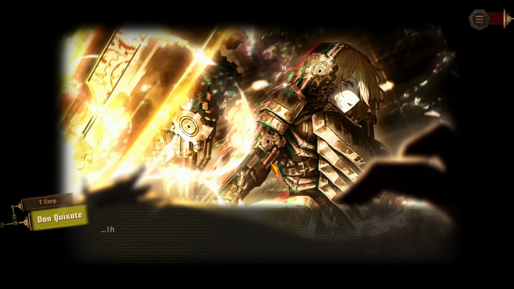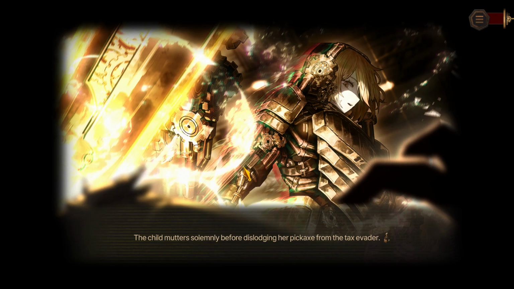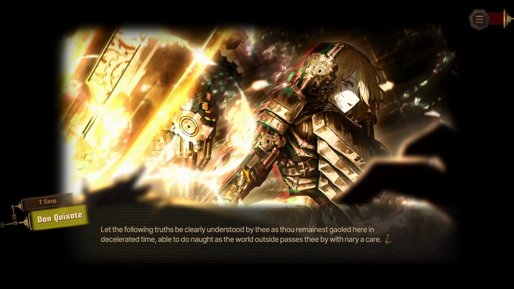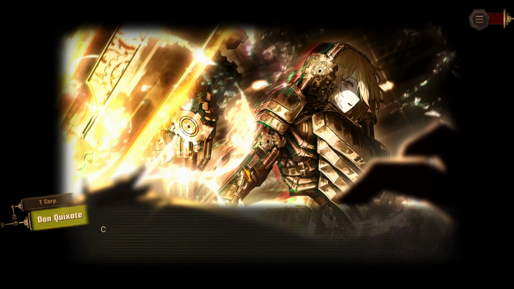Oh, wait, what? I have aught else to condemn thee with, yet it appeared that thy time had slowed out of sync with our own already. The child mutters solemnly before dislodging her pickaxe from the tax evader. Let the following truths be clearly understood by thee as thou remainest gallowed here in decelerated time, able to do naught as the world outside passes by with nary a care. The loss thou hast inflicted upon others in thy greed, in thy extortion of these who are truly destitute, in thy reluctance to pay what is due. Collections completed for classification number